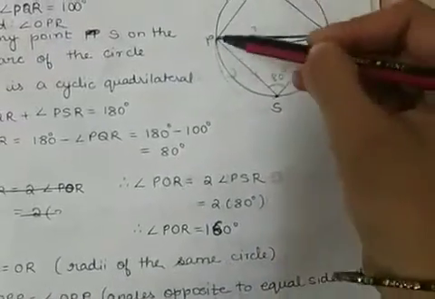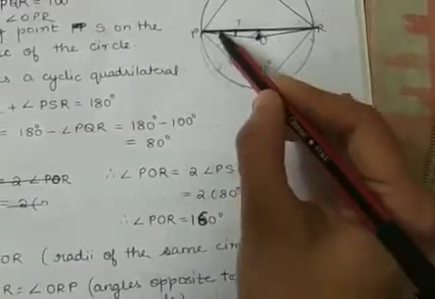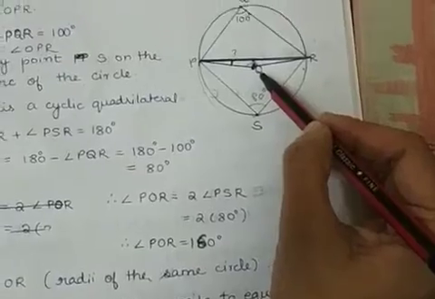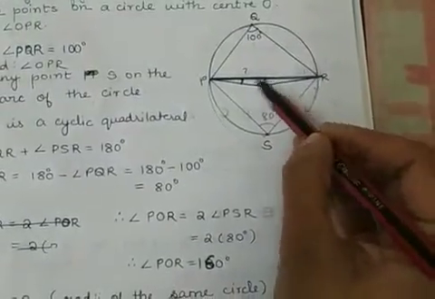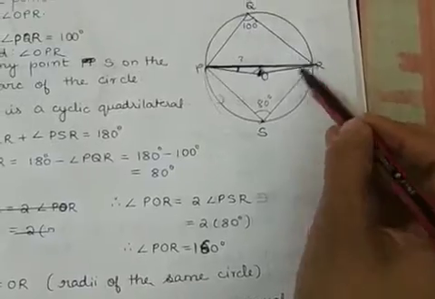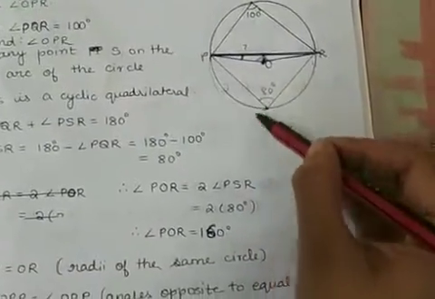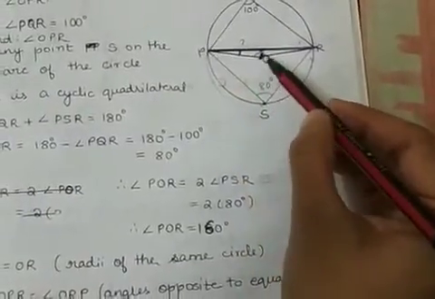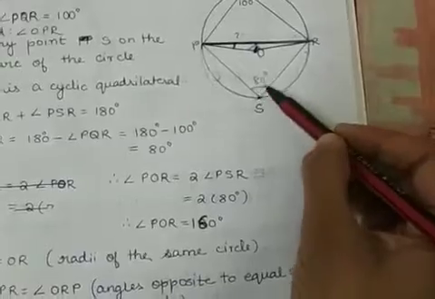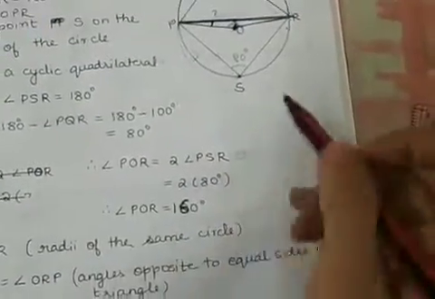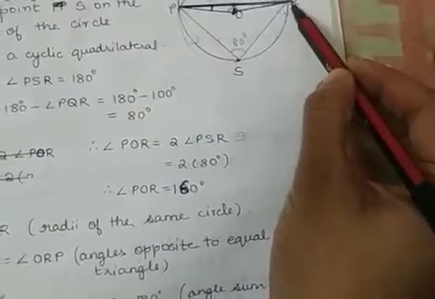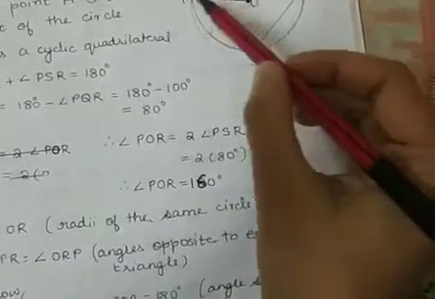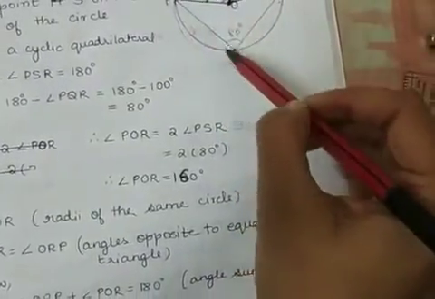Why? Now if you take this as your minor arc, then this is the angle subtended by the minor arc PR. So you know the theorem that this angle is 2 times this angle, correct? If you take any other point on the major arc or the remaining part of the arc, then this angle is double this angle. So this theorem we have studied. So I can say angle POR is equal to 2 times angle PSR.